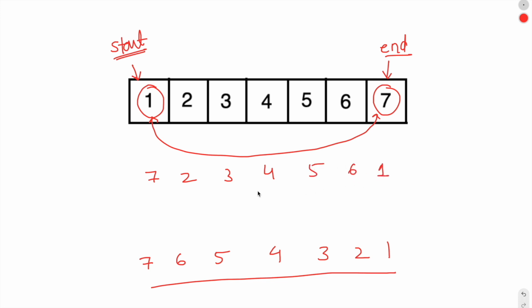Now we will increment the value of start by 1 and reduce the value of end by 1. So our new start will be this and the new value of end will be this.